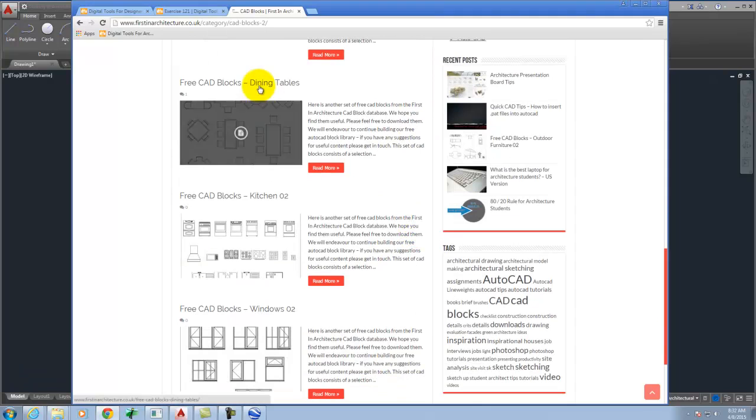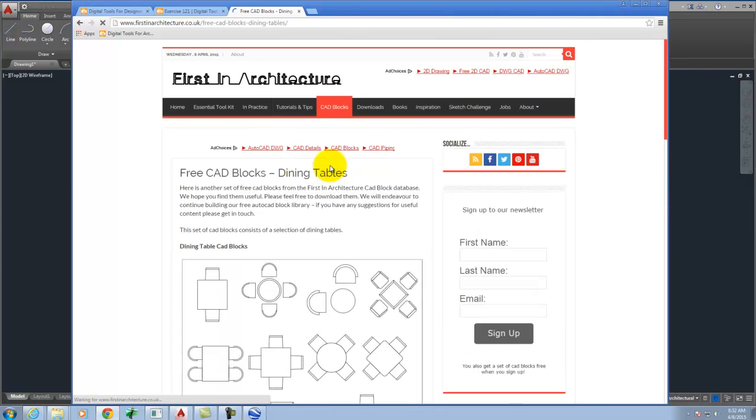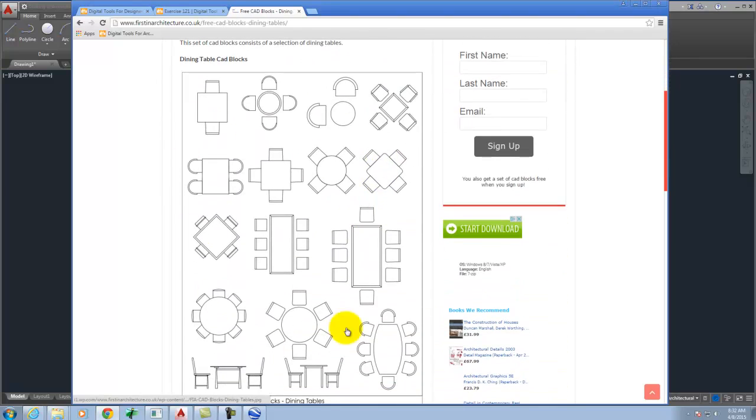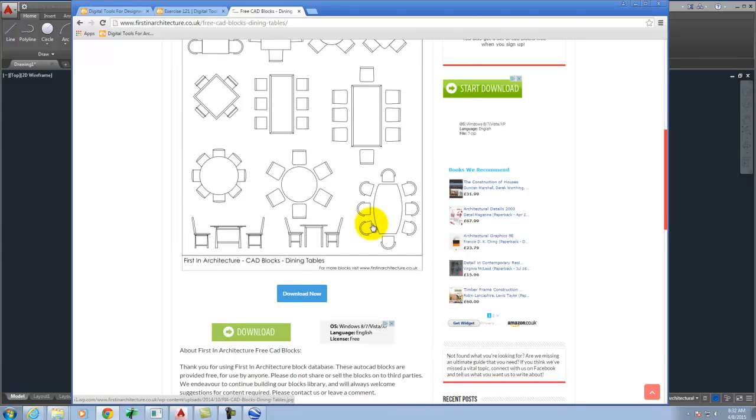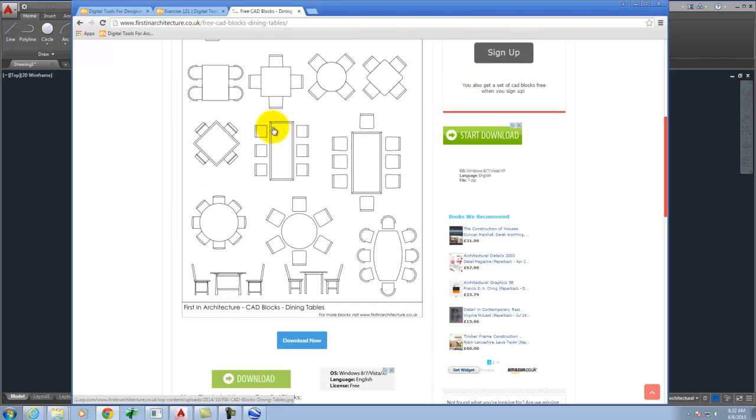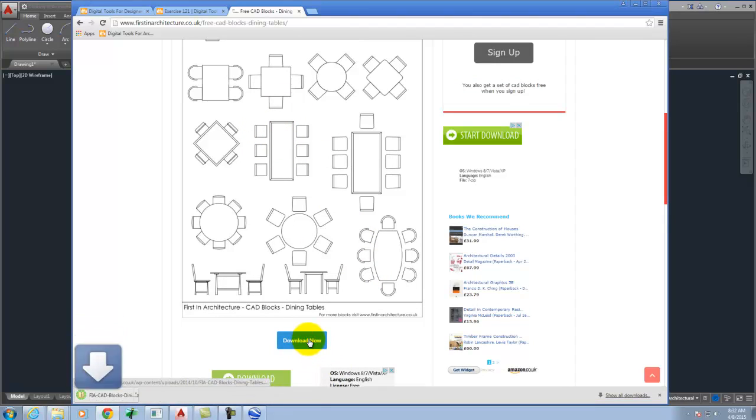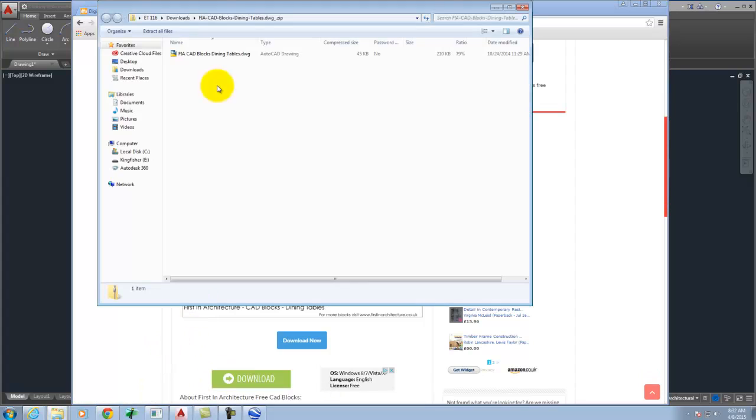So let's say I wanted to look at the dining tables, right? If I look at the dining tables here, they give us a preview of a variety of dining room tables. Let's say that I like this table. That's the one I want to do. I can go ahead and download the AutoCAD blocks here. Let me go ahead and open it, and we'll see that there is the DWG of these dining room tables. I'm going to go ahead and copy it, and I'm going to go put it on